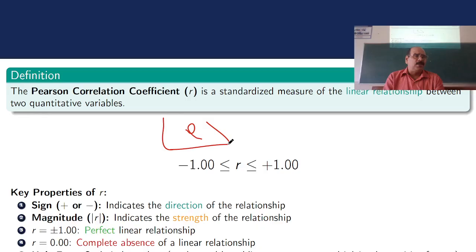For simplicity and ease of understanding, when you see Greek symbols, sometimes we get vexed. So I prefer R. R is the value of linear relationship between two quantitative variables. So when it is non-linear, that means that,